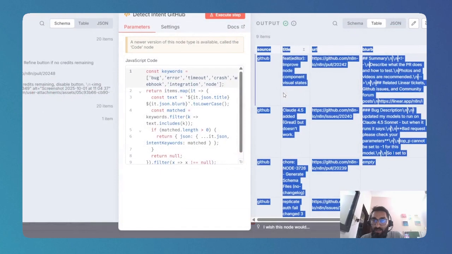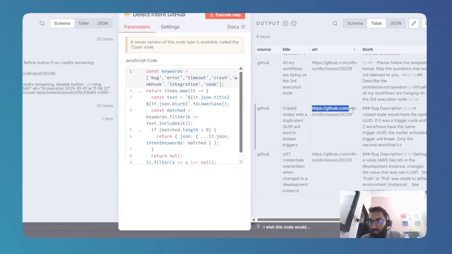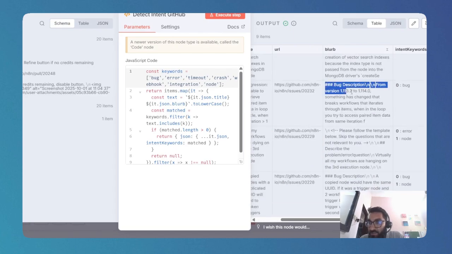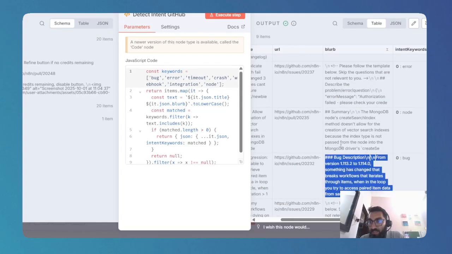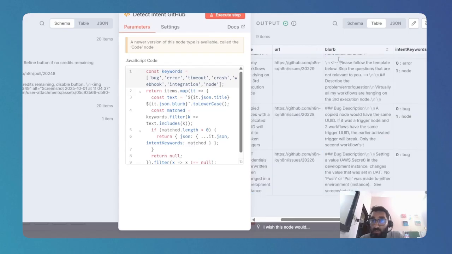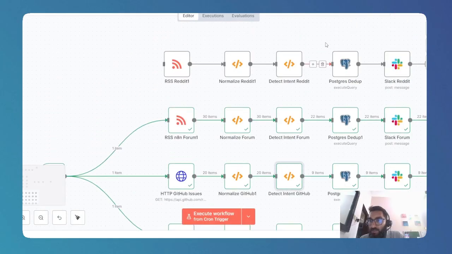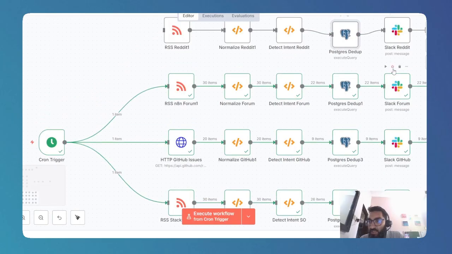And if you look over here, it's passing me all the information. You can even see what sort of information, like a node with the same UUID. If I trigger a node, two workflows have the same trigger, the earlier activated trigger. These are the kind of bugs, the kind of issues people are facing in the community, and we are getting that information very easily, right? This is gold mine information that you could have, and it can easily be passed on. And then deduplication, we added all that information into respective channels,